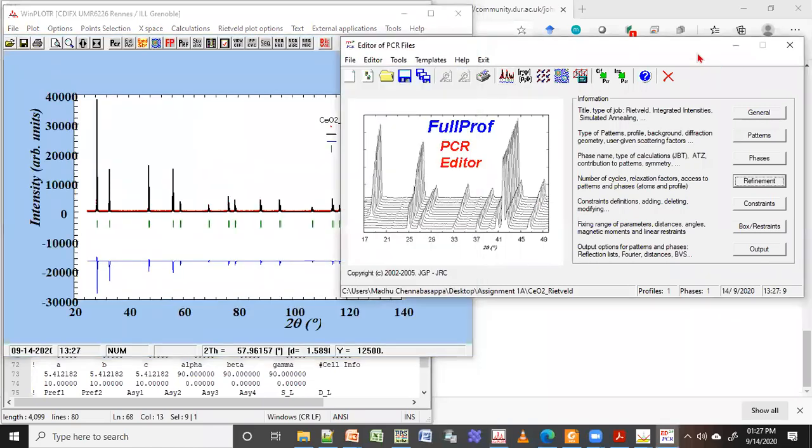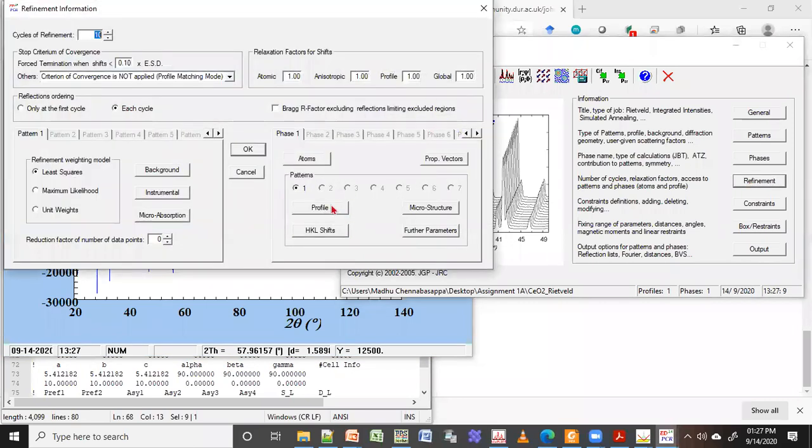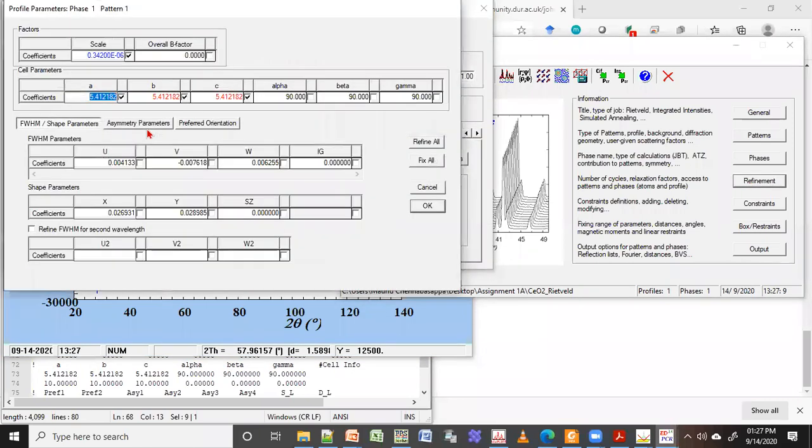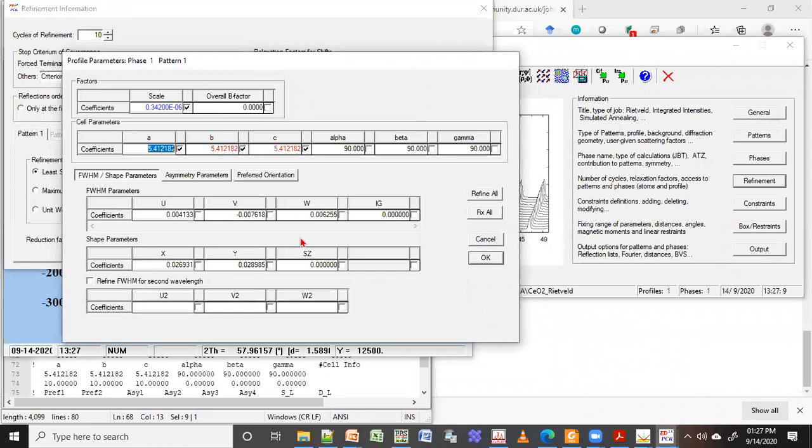You again go back to refinement. Right now you should not refine any of these, XY or UVW. When you're doing the Rietveld refinement, these are the parameters that define the instrument, so don't touch these things.